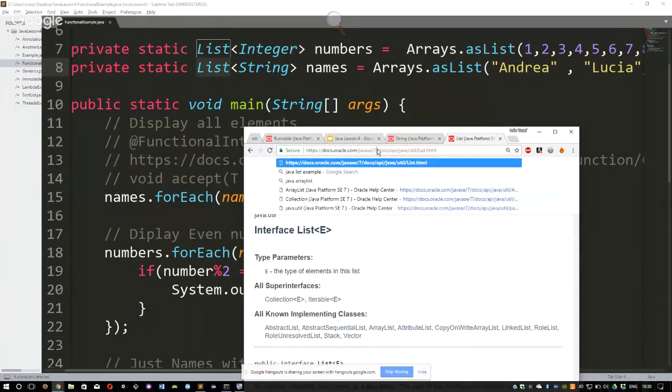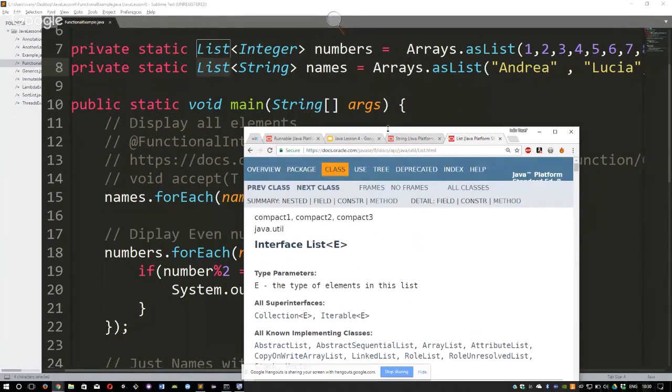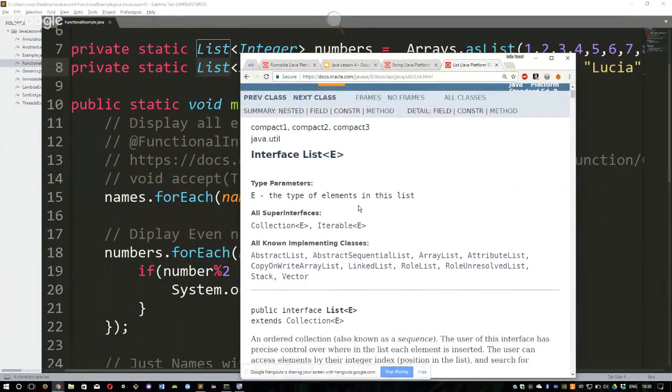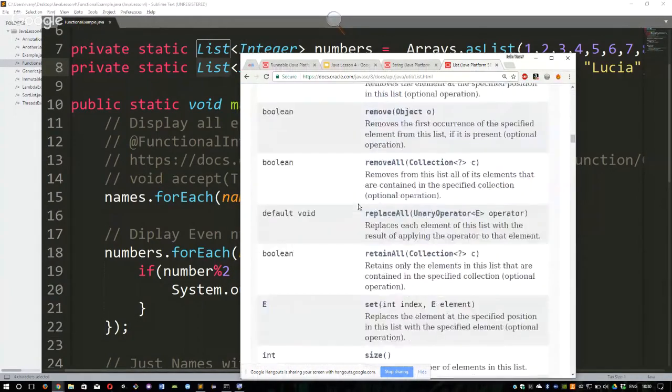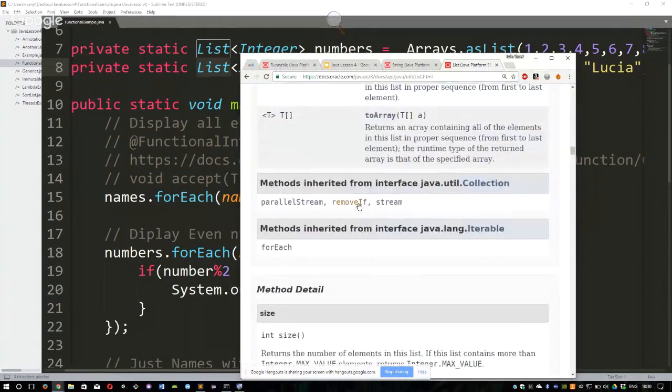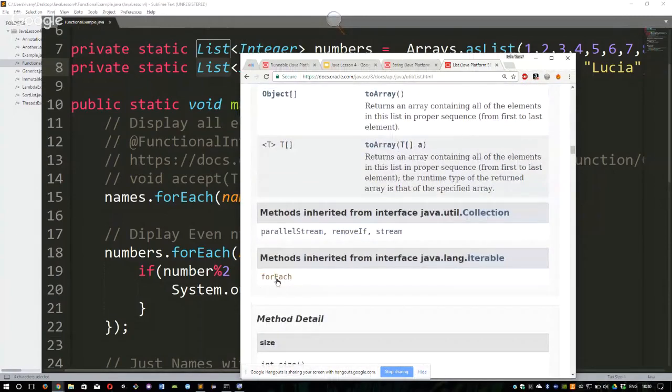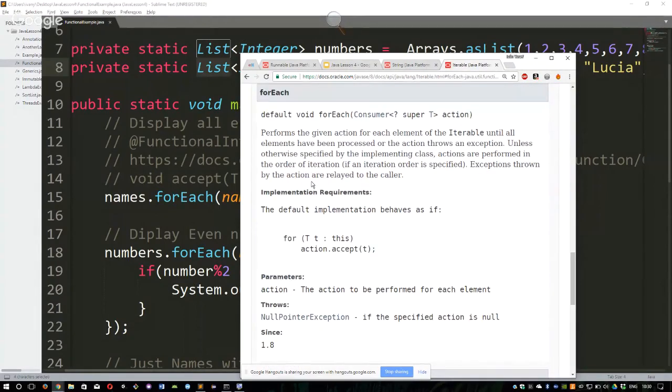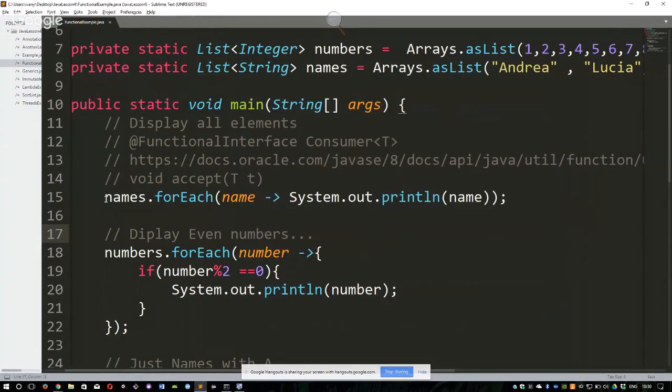I will search for version 8, and in here at the end, it tells you that forEach is a method inherited from Iterable. So let's see how it looks. forEach could be applied to a list, so we are doing that here. names is a list, and forEach is a